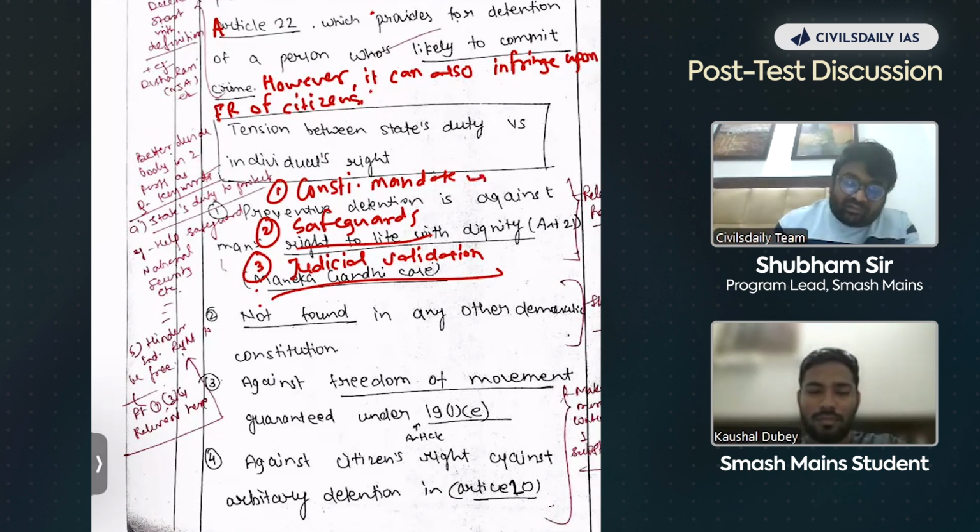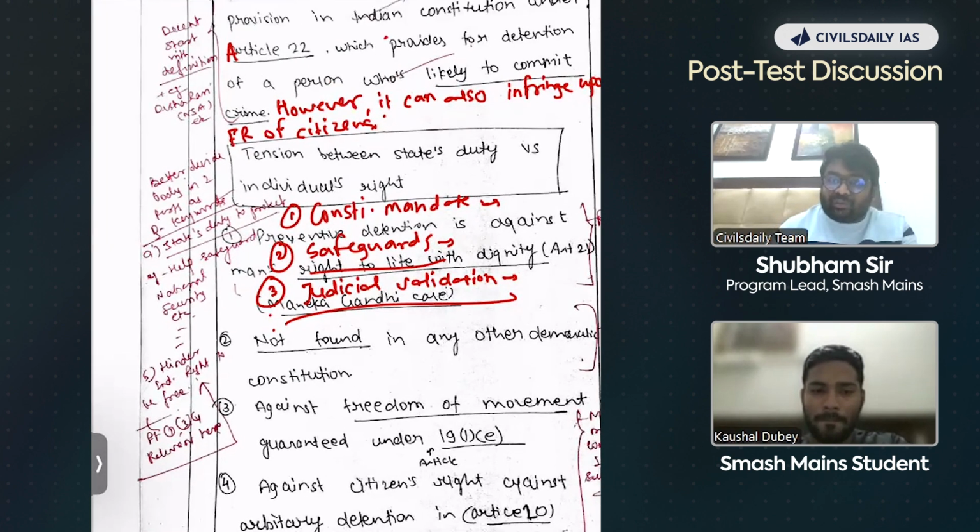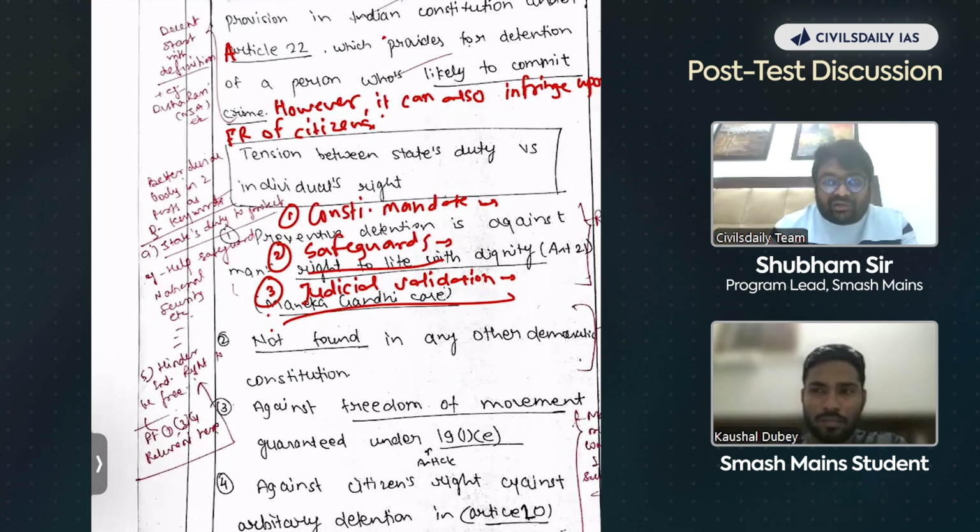Here, under judicial validation, mention some of the cases of the judiciary where it has upheld that provision. Every such provision has been challenged in Indian courts and the Supreme Court has validated those provisions. It is specifically in the Mariyappan case where the Supreme Court has validated the provisions related to preventive detention. Then you can write any of the points. So remember this framework; you can apply it to other aspects as well. If you are talking about constitutional mandate, you provide the safeguards also, and you provide the Supreme Court judgments.